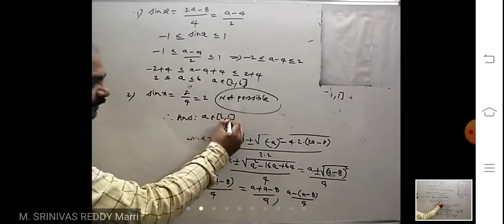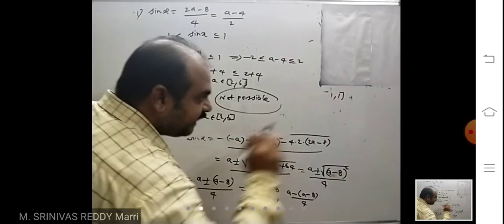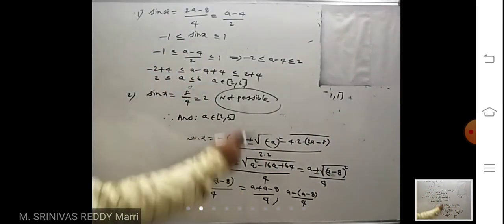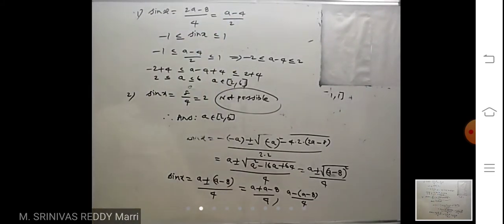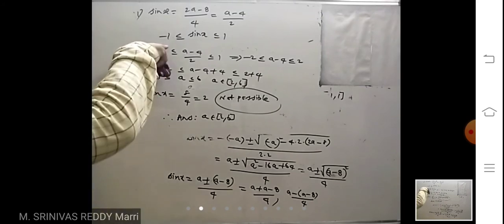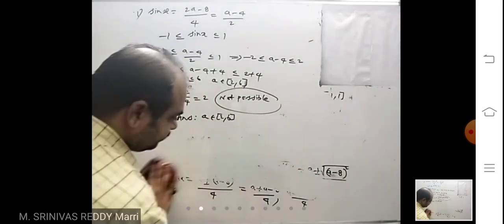Like that, from the given problem, you have to calculate what the sin x value is here. In the previous example, I had given it directly. That's why it was easy. So from the given equation, you have to calculate, and for having a solution, sin x must lie between minus 1 and 1.